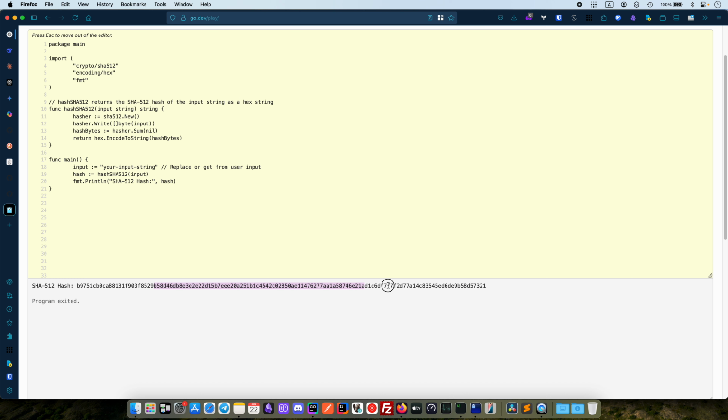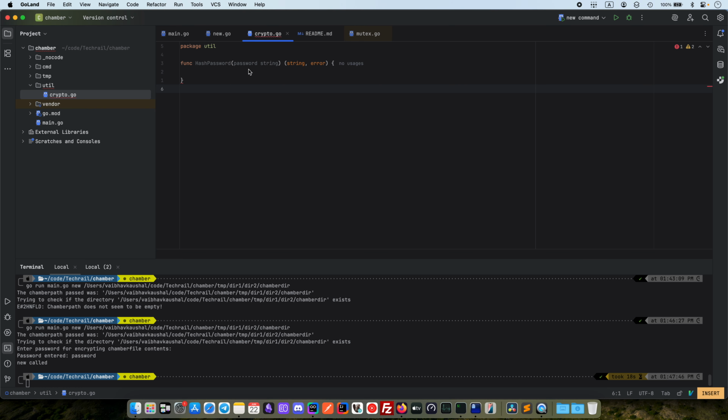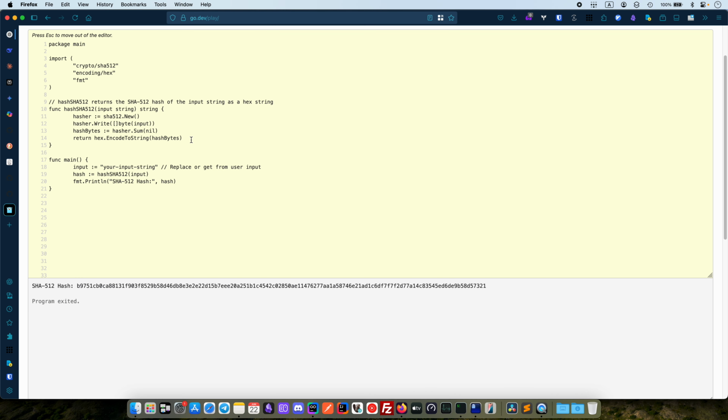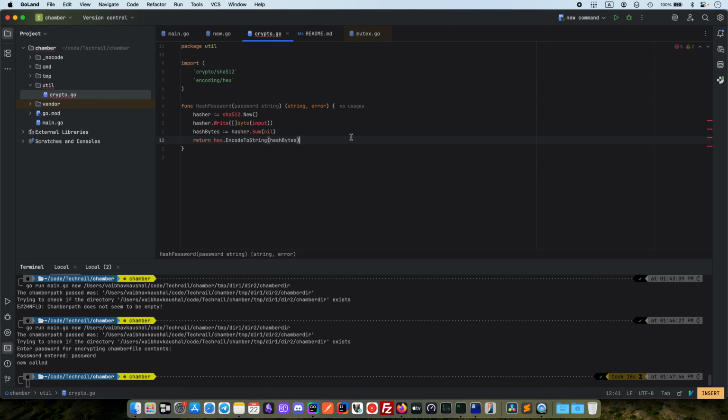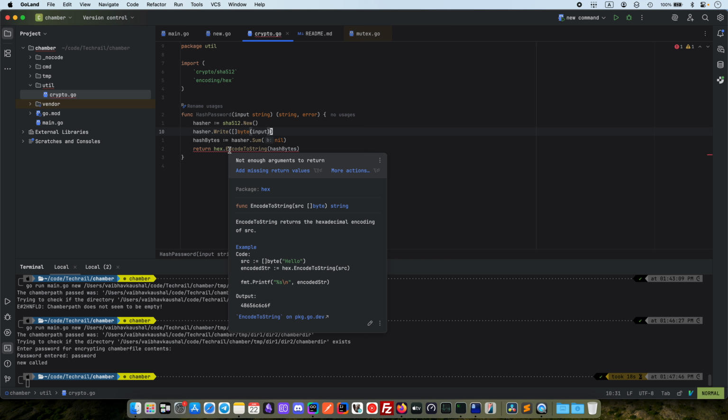And it is all in lowercase. Nice. So if I take this and say this input, let's just call it input, okay, and return